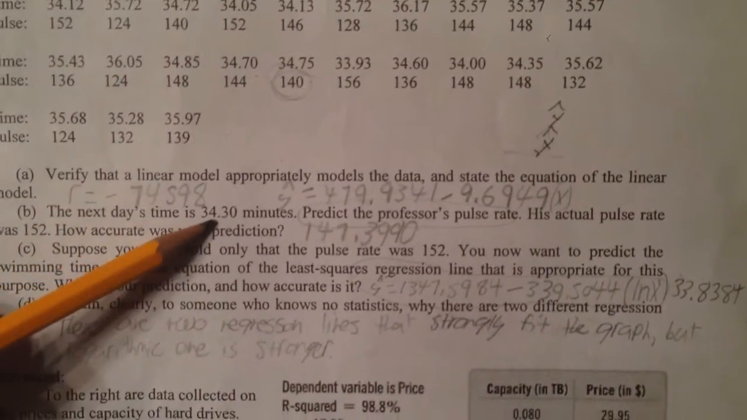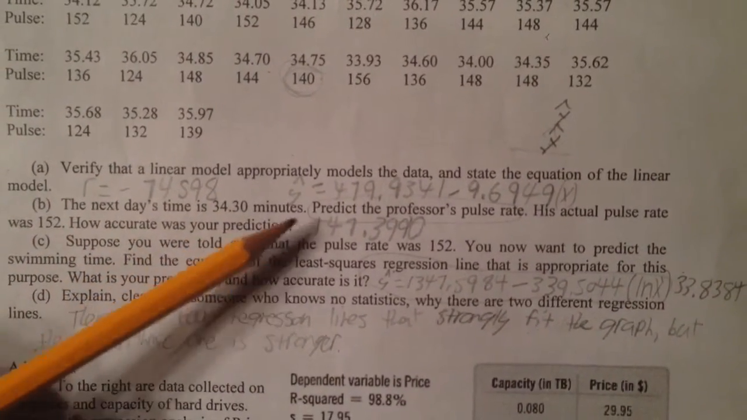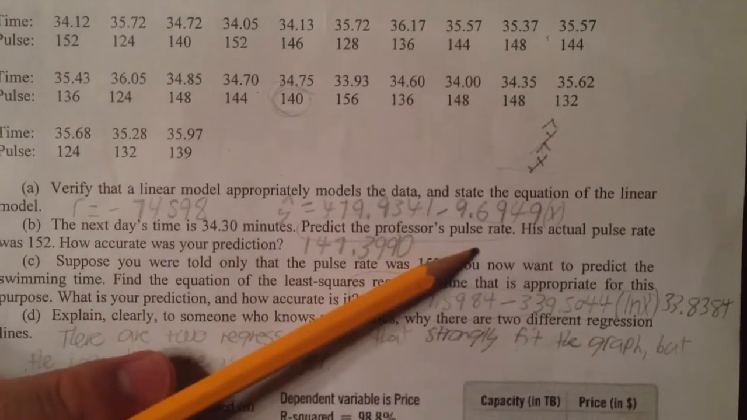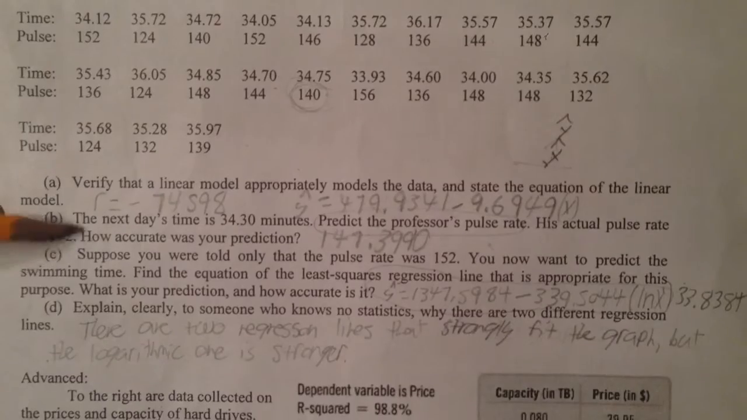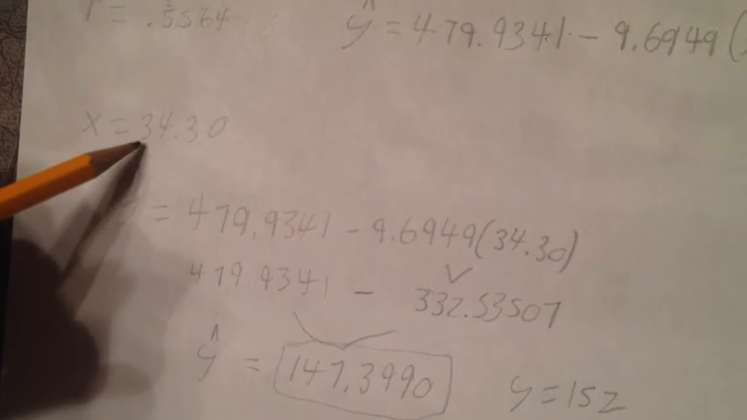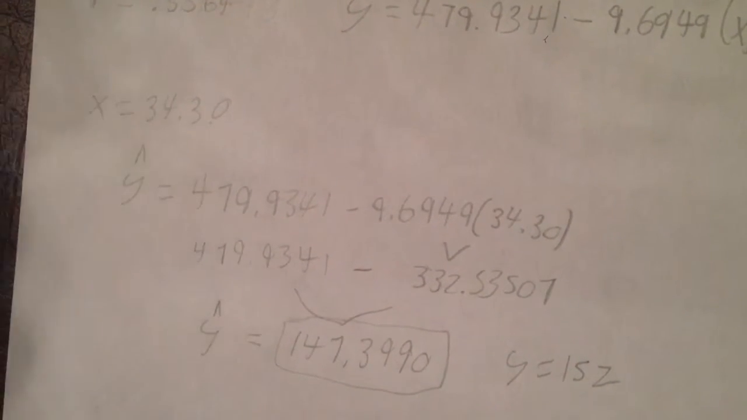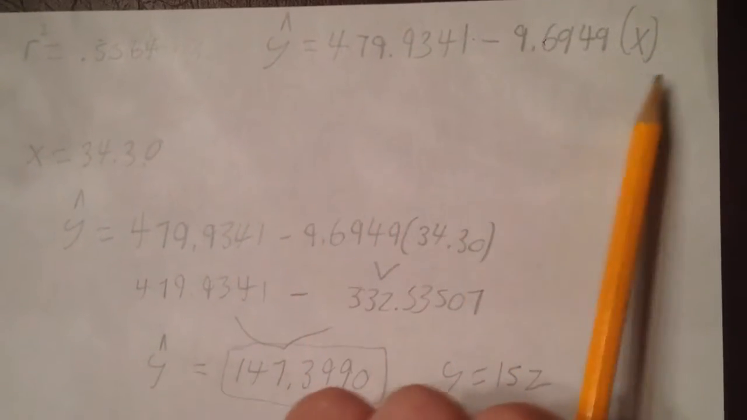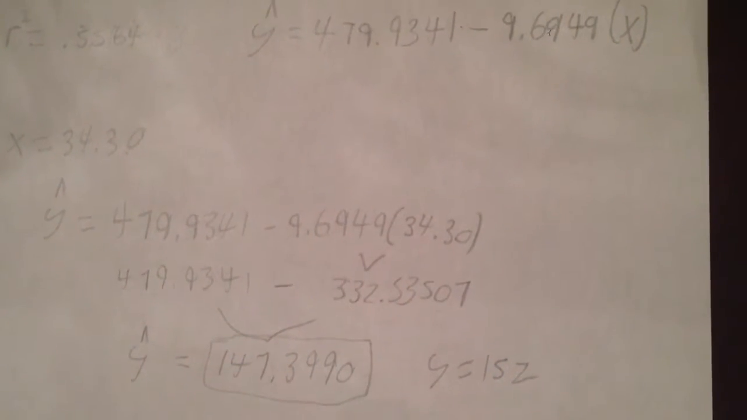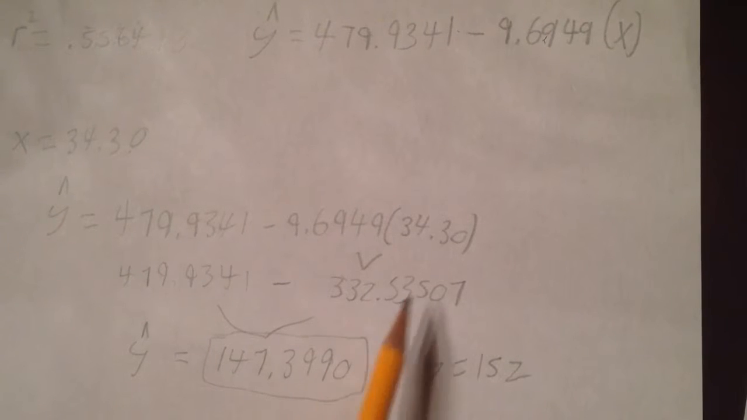Moving on to part B, the next day's time is 34.30 minutes. Predict the professor's pulse rate. His actual pulse rate was 152. How accurate was your prediction? It gives us the x value, the 34.30, to plug into the linear equation that we just got. So we plug that value in